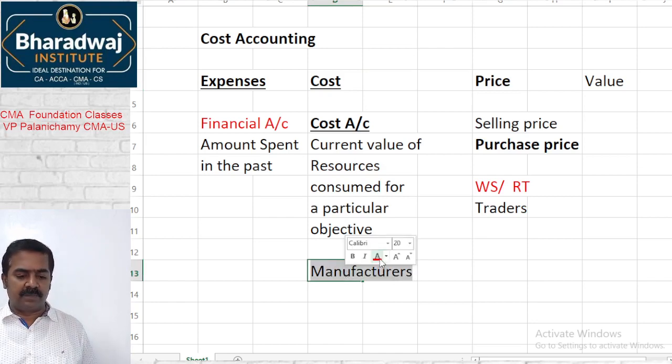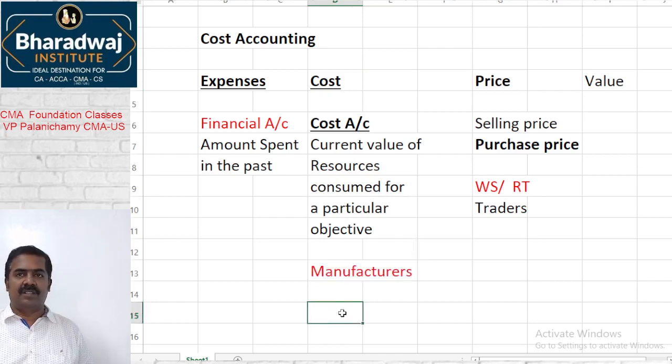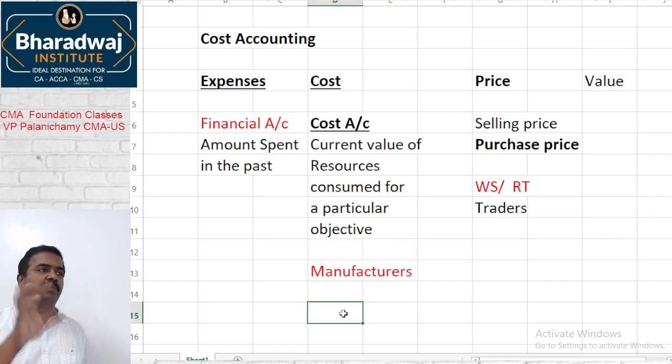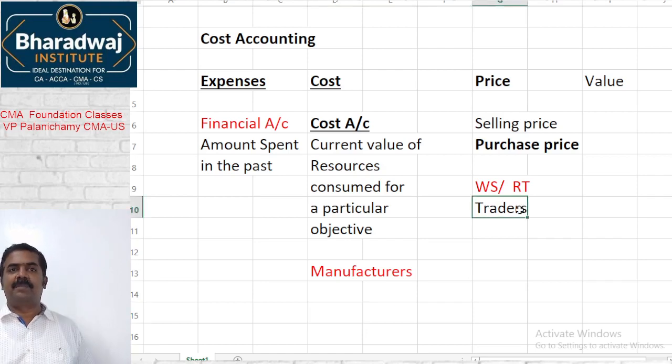Manufacturers will use which term? Cost. Those who manufacture, you go to a place in which the product is made, let it be furniture or anything, any article, what will they use? Sir, manufacturing cost is this much, plus this profit margin, so I sell for you like that. You go to a trader, they buy and sell. They will say this is the price at which we buy, this is the price at which we sell. Expense is the word that is used in